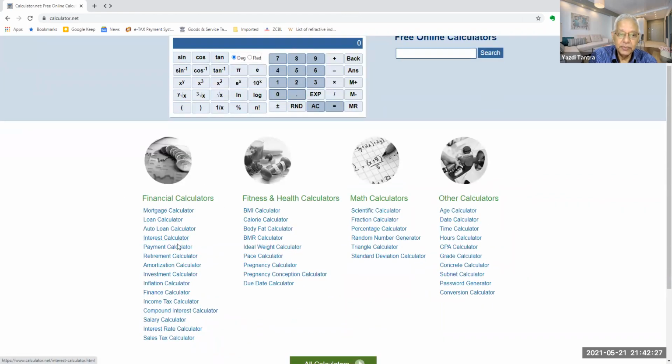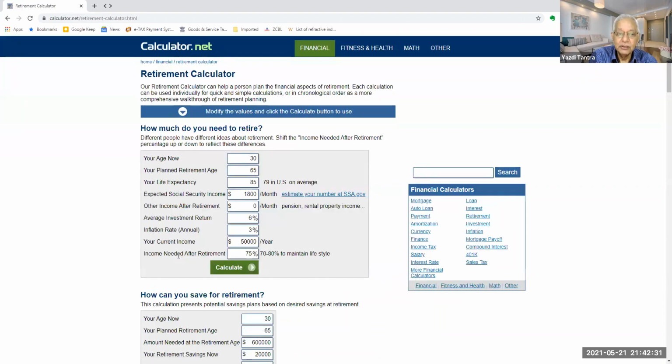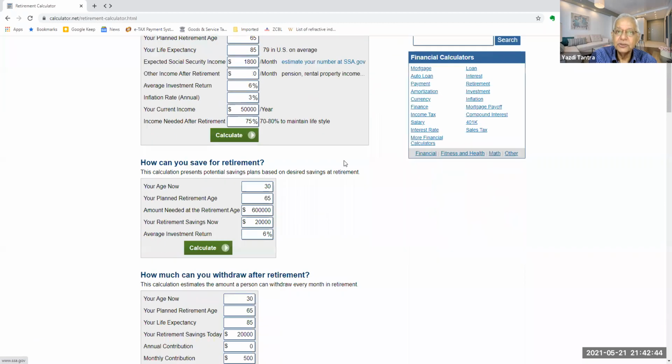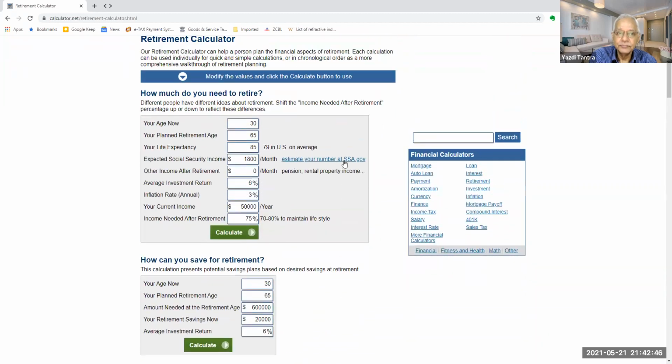Interest calculator, payment calculator, retirement calculator is something interesting, where you say your age now is so and so, your planned retirement age is so and so, your life expectancy is 85 years. We are saying 79 is the US average. Social security income, for example, is 0. Say in our case, in the case of India, it is 0.